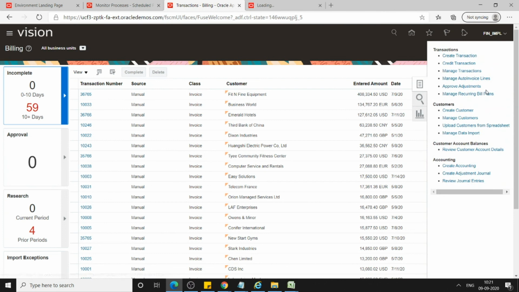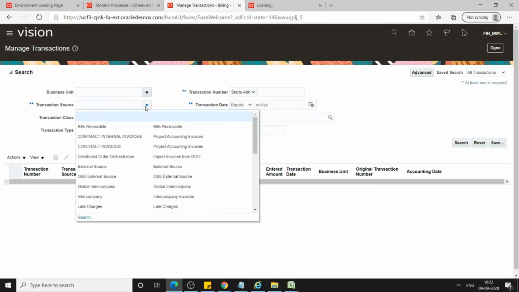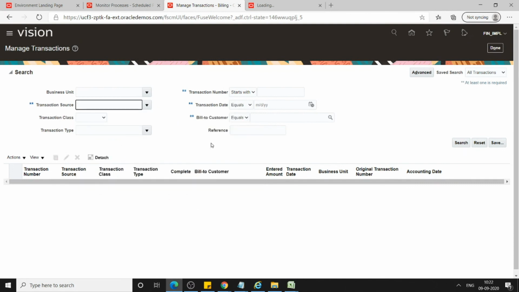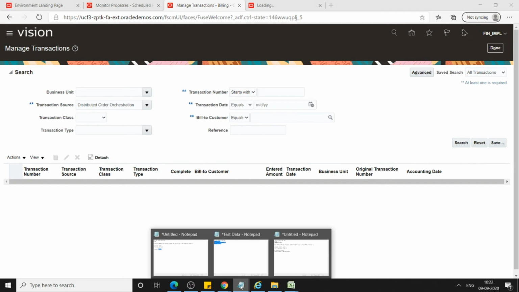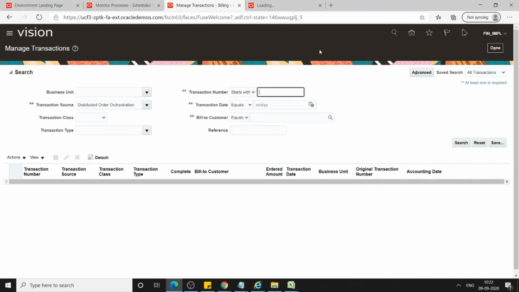Click here, manage transactions, enter the transaction source as distributed order orchestration, and enter your invoice number, which is 100390. Click on search.